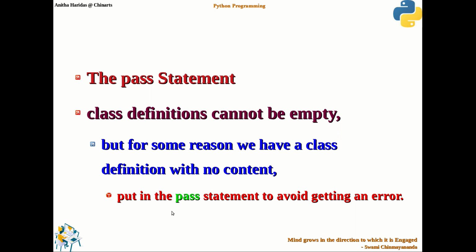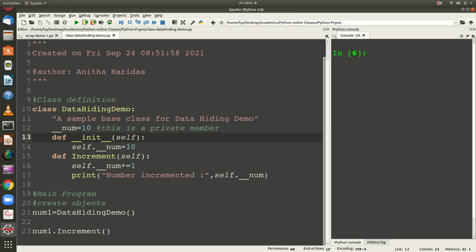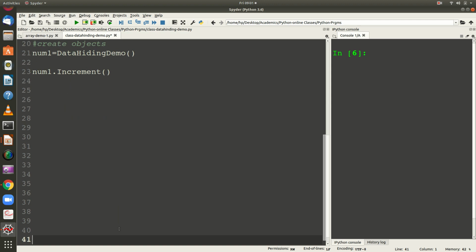Suppose, for example, you want to define a class. Let me go to Spyder. You can observe here, suppose you want to define a class like sample class, and you don't want any data member or method member for this class.